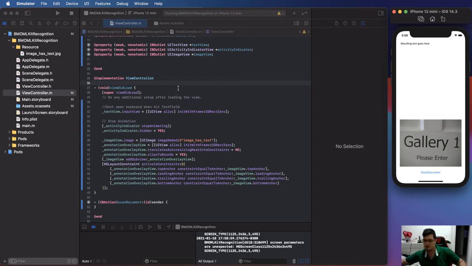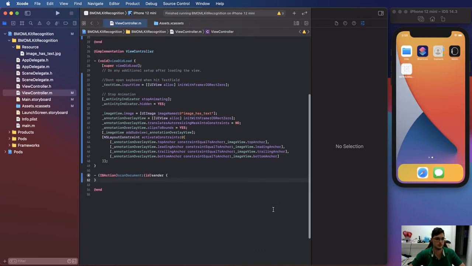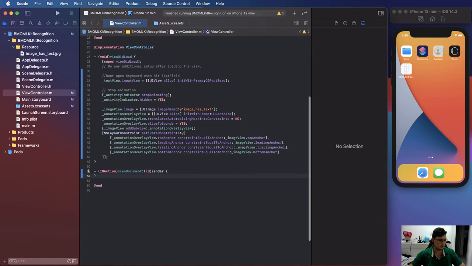Here it is. Now that our UX and UI are all completed, let's write our text recognition code. Stop the execution, and then let's write our code. Everything starts from a button, right? So